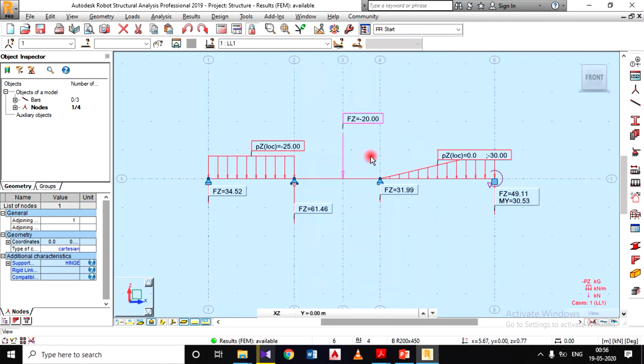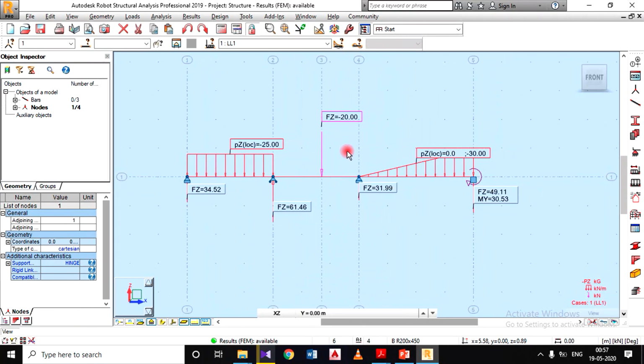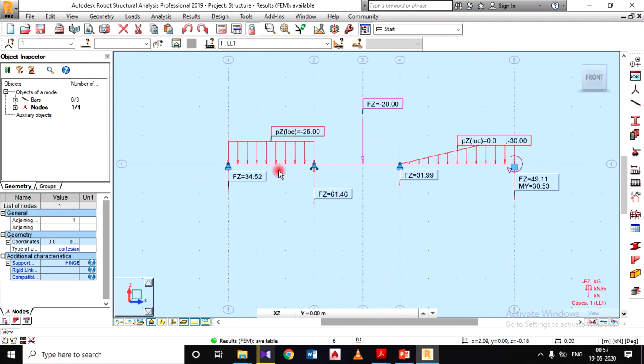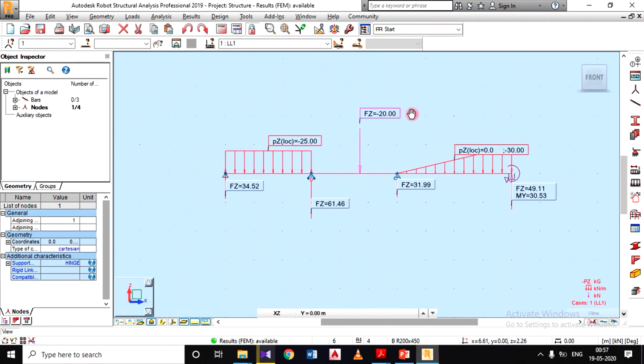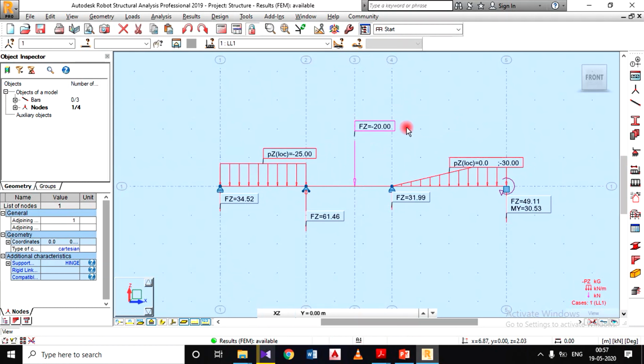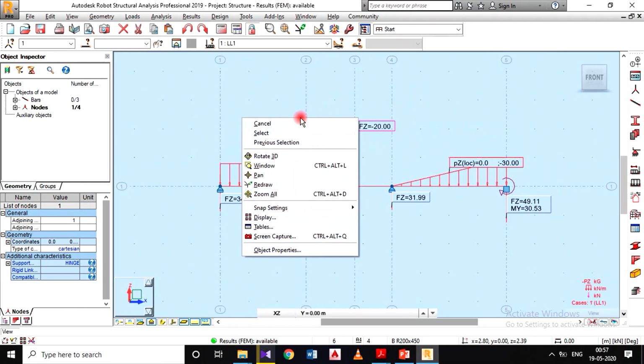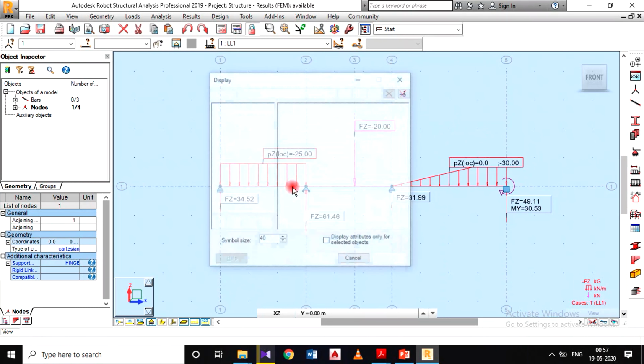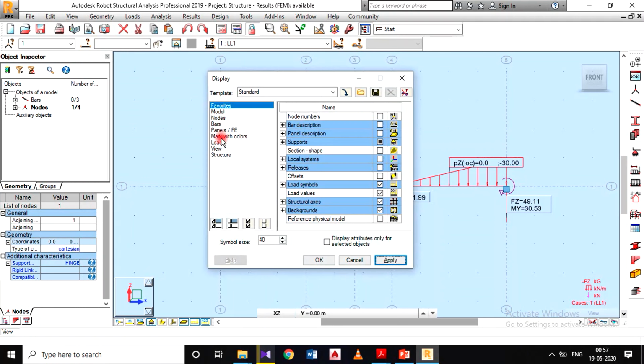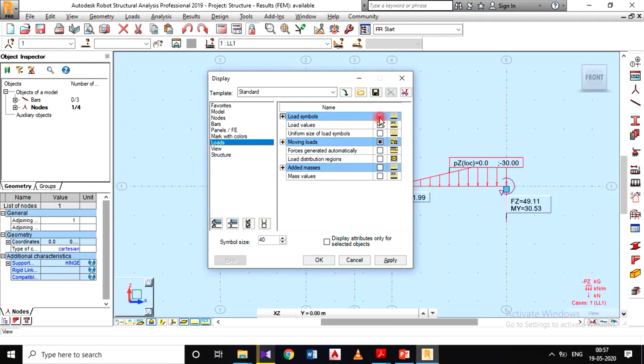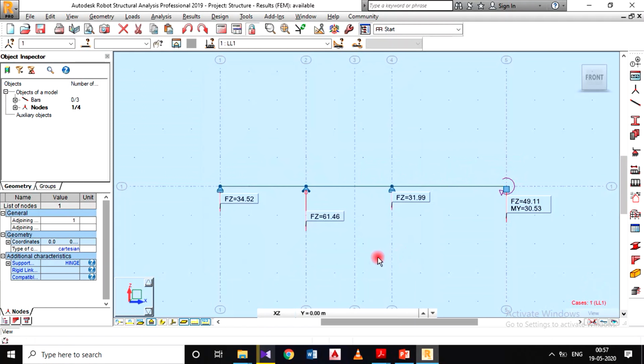So it is saved. Now I need to see the bending moment diagram and shear force diagram and also the deflection. So for that I need to remove these loads. They are visible on that beam itself, so I need to disable these values. For that I will right click on the main menu, go for the display, then go for the loads, disable the load symbol and load value, apply, then OK.